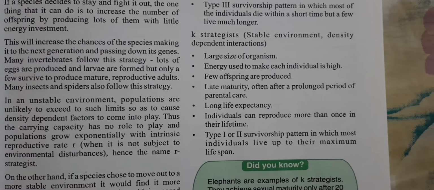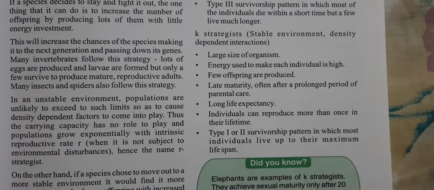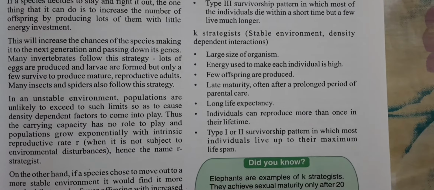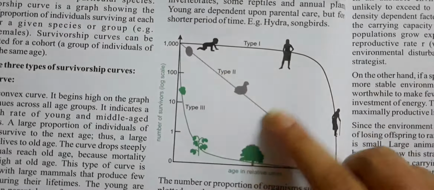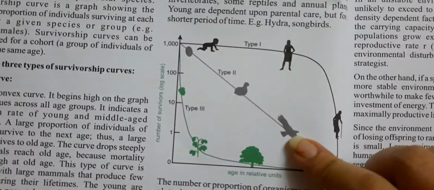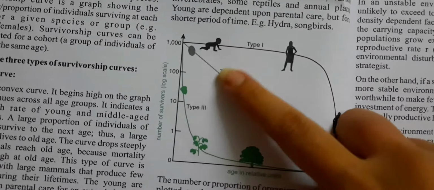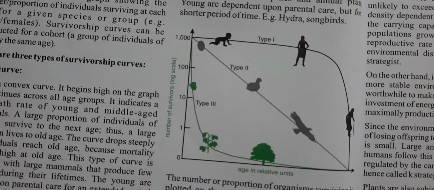Type 1 and type 2 survivorship patterns are those in which most individuals live up to their maximum lifespan. That means the individuals of type 1 and type 2 are involved in the